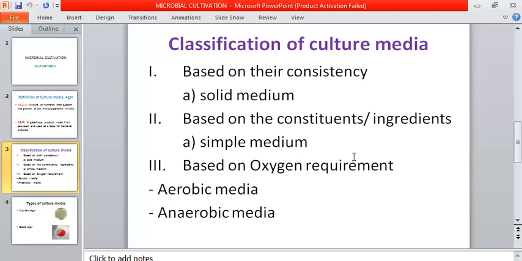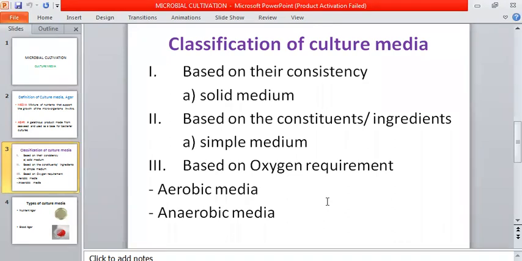So this particular one specifically promotes or enhances the growth of those microorganisms that thrive well in the presence of blood. And then we also have classification based on the oxygen requirements. The oxygen requirement is whether it's aerobic or anaerobic. So these are microorganisms that grow in the presence of oxygen, and the others which grow in its absence. So this is how we classify the culture media. There are so many classification methods, but these are the common ones used when we are classifying the